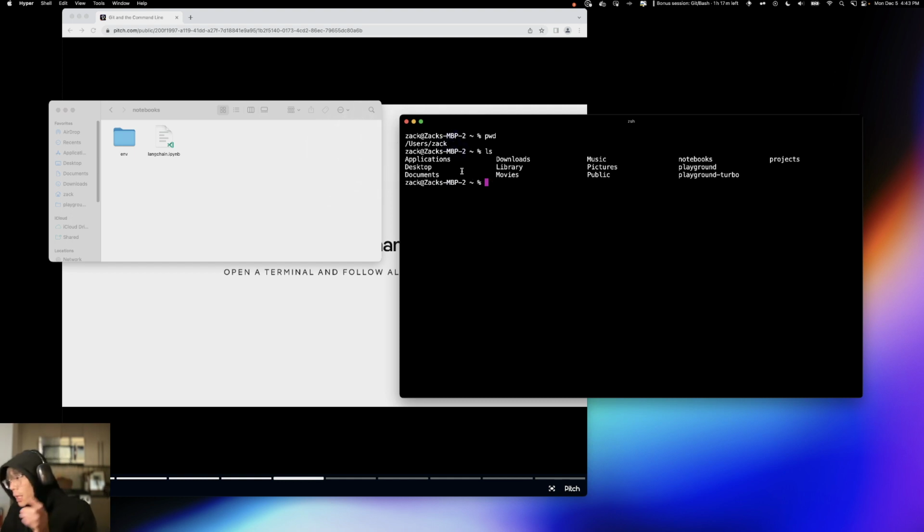Let's say we want to do the exact same thing in the terminal. So this is my notebooks folder, right? And using ls, I can see I have a folder right here called notebooks. And what I can do is do cd notebooks, just like that. So if you type in cd and then the name of the folder and click enter,